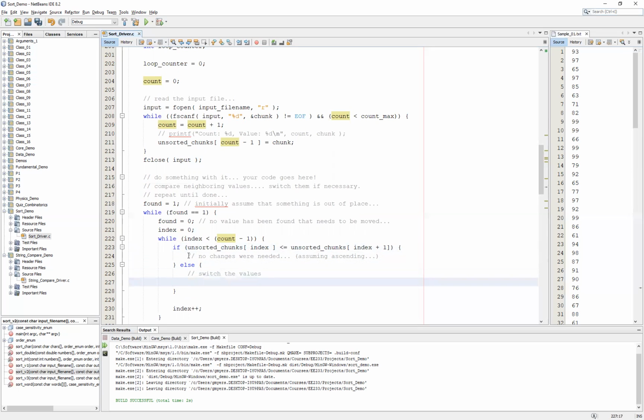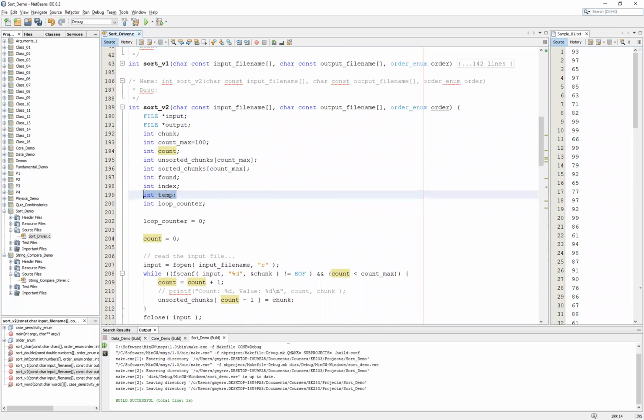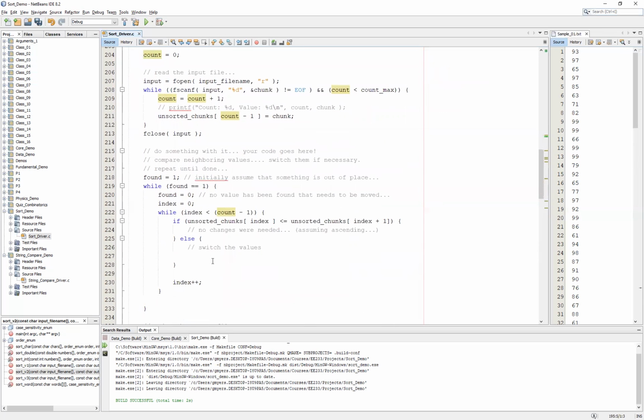So to switch the values, we actually have a three-step process. The first step is that we want to use the temporary variable that we have specified earlier to store the value at one of the two locations. It doesn't matter whether you store the first value or the second value in the temp variable, but you need to store one of the two values. The other thing to note briefly is that the temporary variable data type has to match the data type for our array. And so in this case, we would simply say temp